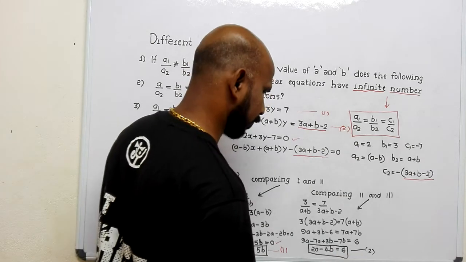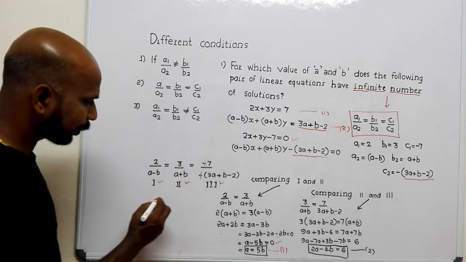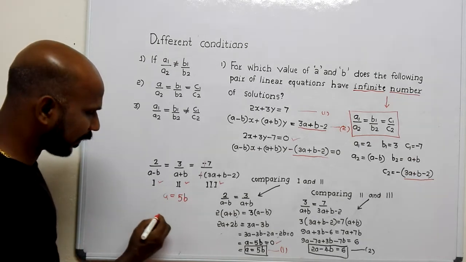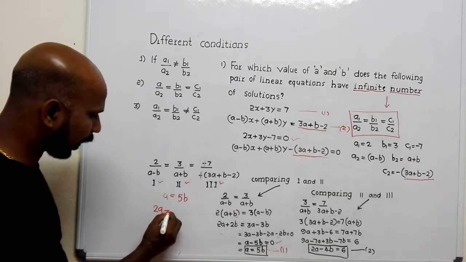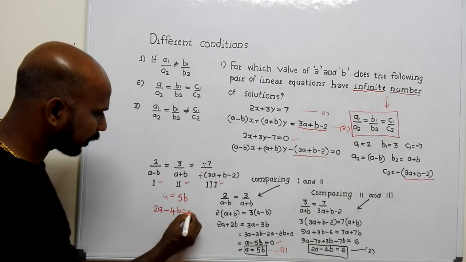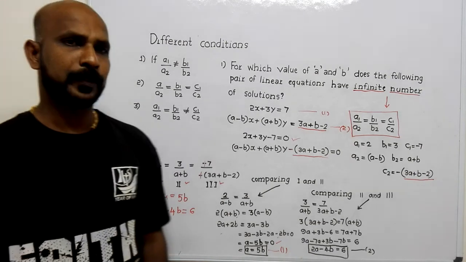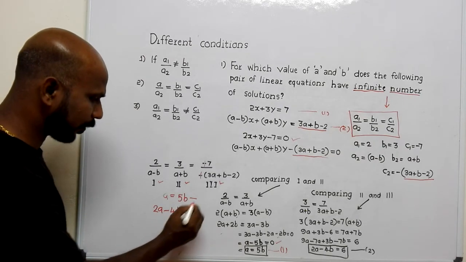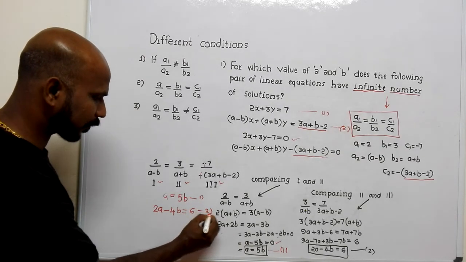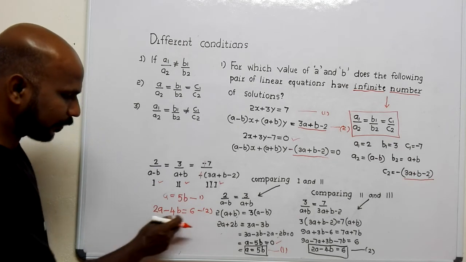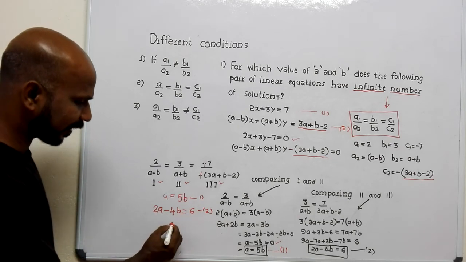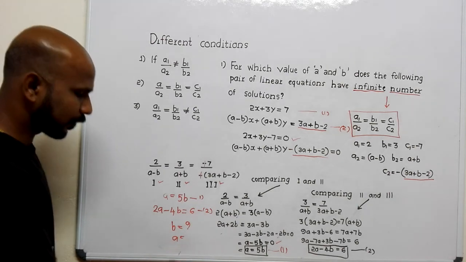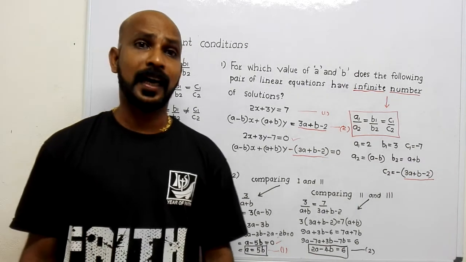We got the two equations. So I will write the two equations here. One is A equal to 5B. Second one is 2A minus 4B equal to 6. Now your turn. In the place of A you have to substitute 5B, and you simplify the equation. You will get the B value, and afterwards you are getting the A value also. So these are the values of A and B. That work you have to do now.